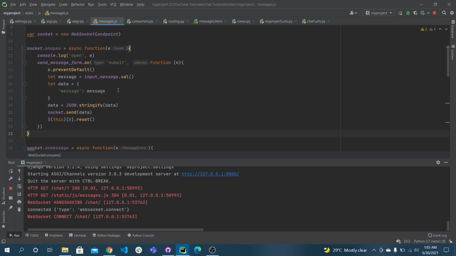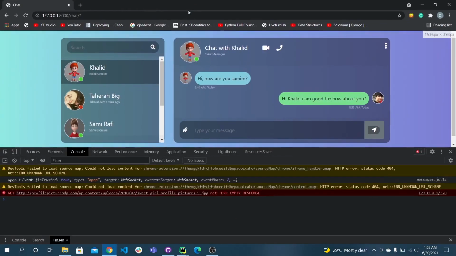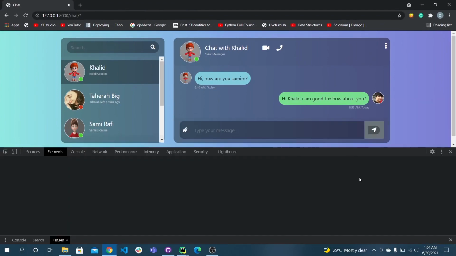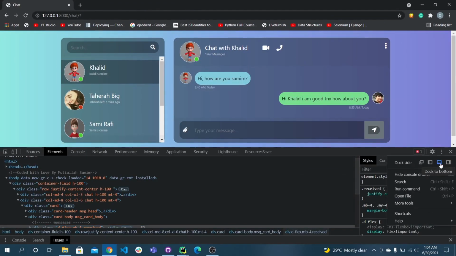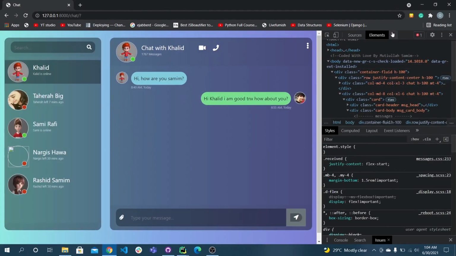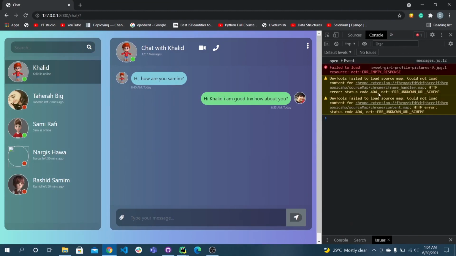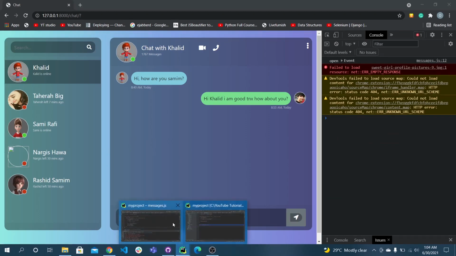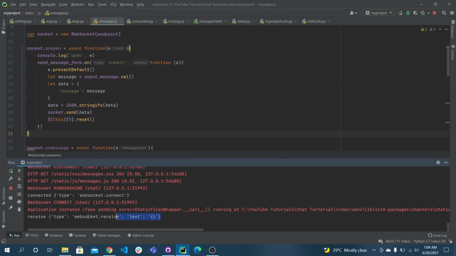Now let's try submitting the data from the front end and see if we can receive it in the back end. So go to the page and always keep this console page open. Check if it is connected. Okay, the WebSocket is already connected, and if I send hi, I cannot receive anything here. But if I check in the terminal, okay, I'm getting the empty data.